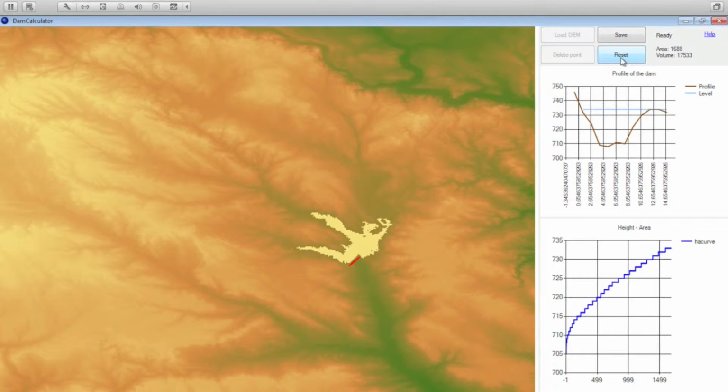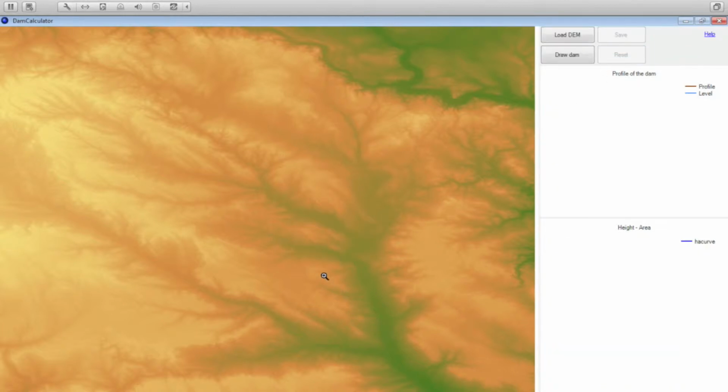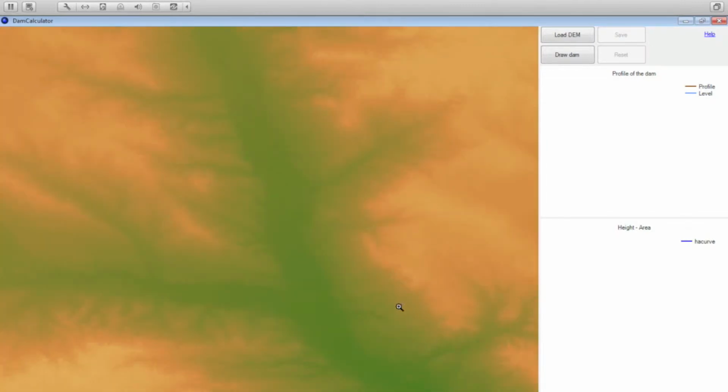Well, let's suppose that this is not what we want, so we can click on this button that was enabled. Now it says Reset, and let's zoom into another place. We have, for instance, this confluence, and let's see if we can get something here. You have to be careful because depending on the topography,